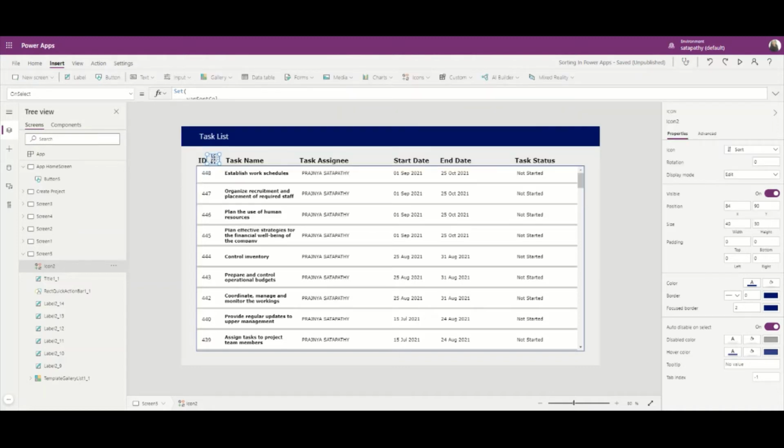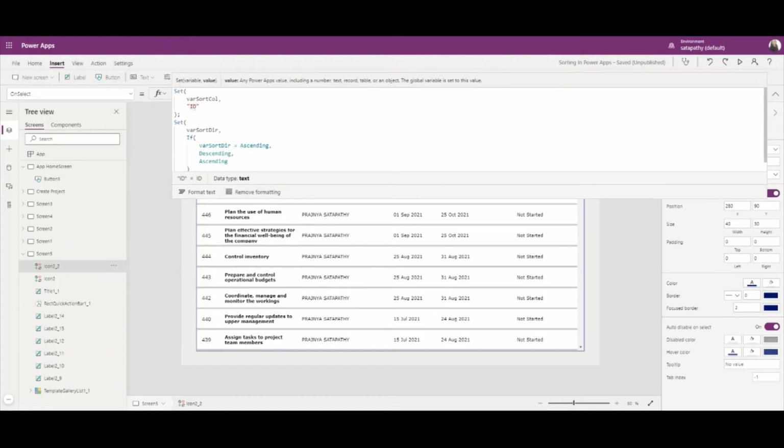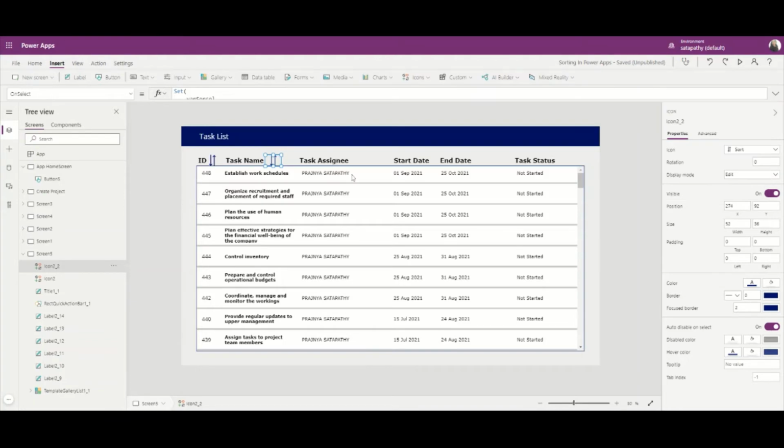Now copy and paste the sort icon for each column you want to sort by. So next I will sort by the task name column. In this case, on the OnSelect property, I will change this column name to task name, and you can sort by start date and task end date also.